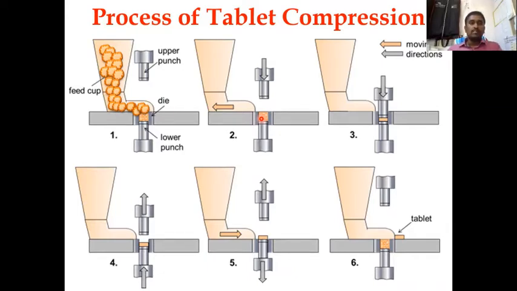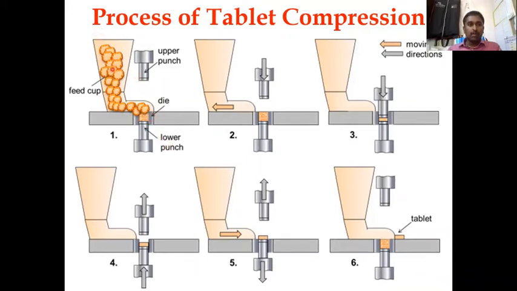So looking at this, basically it is a tablet punching machine, or tablet compression machine, or whatever names you give, the machine used to prepare regular tablets like this. The main heart of the instrument contains three parts. One is the upper punch, the second is the lower punch, and this is called the die cavity. It's a cavity-like structure, a round cavity, or oval, depending on the tablet shape. So this is the die, this is the upper punch, this is the lower punch.